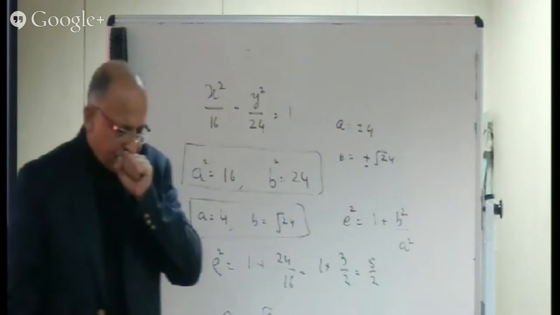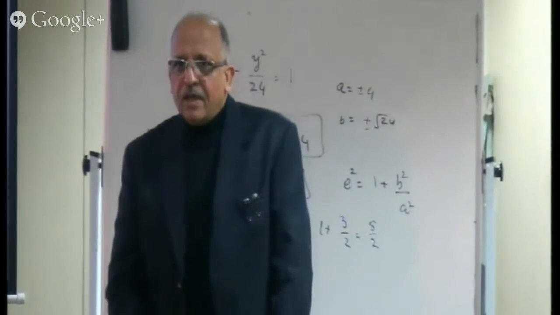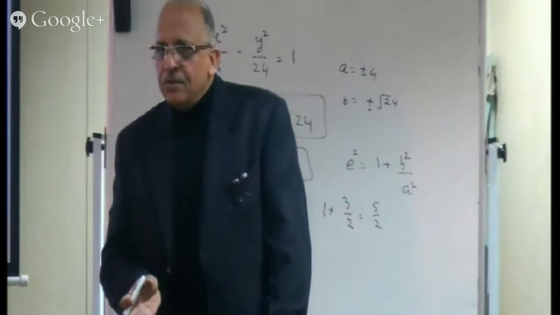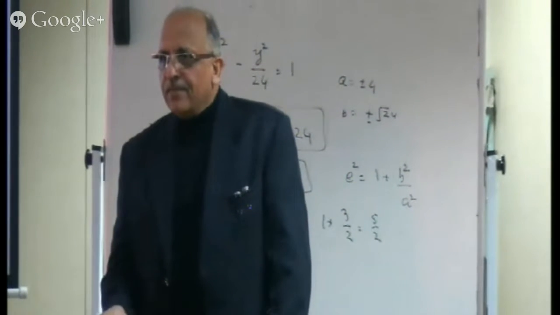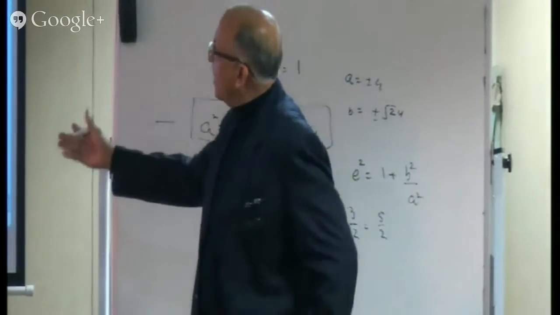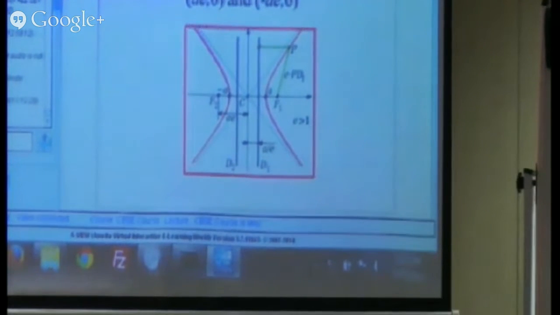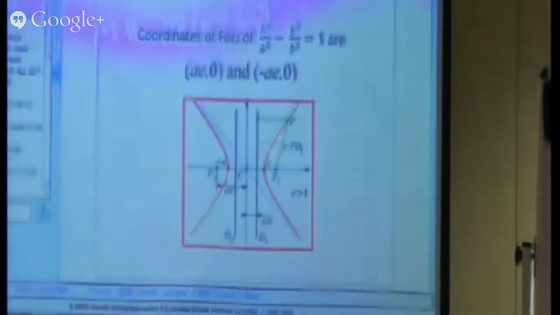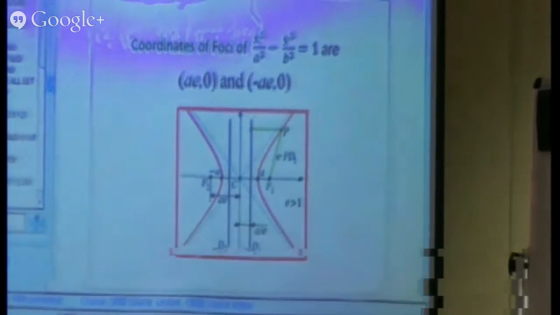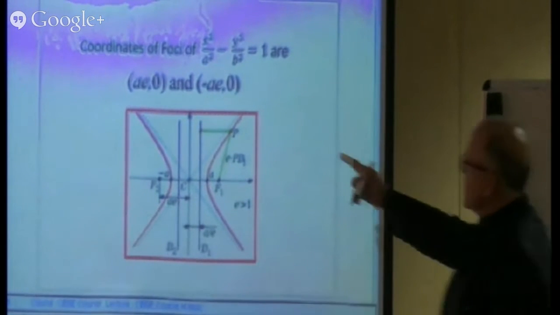We'll see a number of problems where two of the quantities are given to you and you have to find the third one. And we'll see that so many things you can find out using these. a and e are the most crucial things that you need to know in a hyperbola. If you know a and e, you can find out b, and in fact you can find out everything. Like here you can see